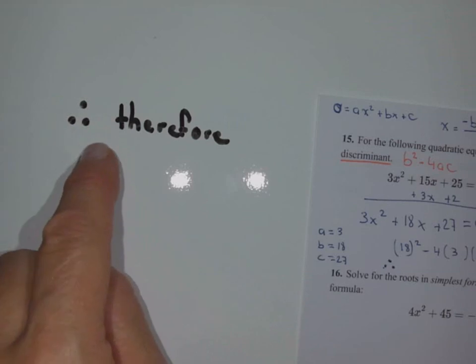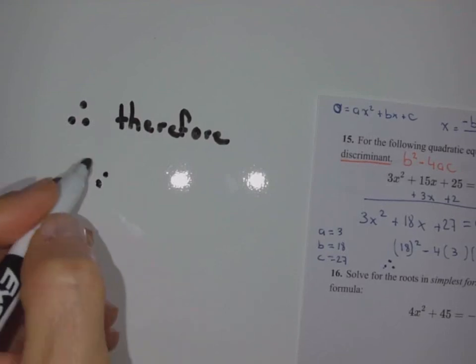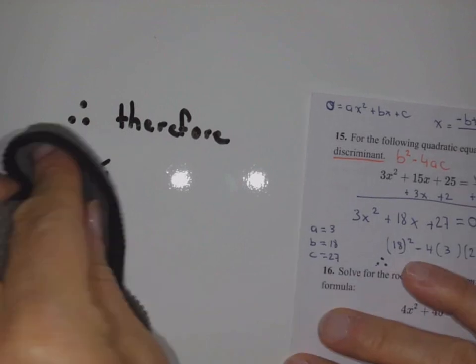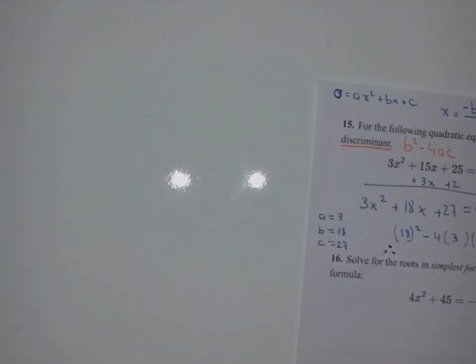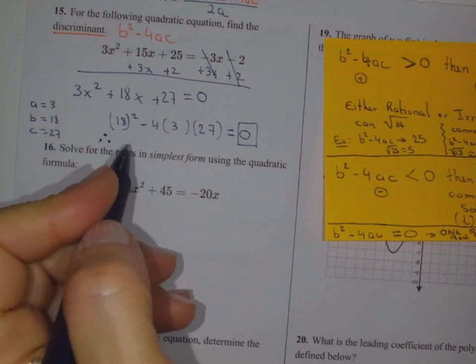It's 3 little dots, and it has to be placed in this format, like a triangle. Not like that, right? That wouldn't be "therefore." It has to be in this format, and that means therefore. So you're going to see me do that a lot, so probably a good idea to make sure we know what it is. So therefore,